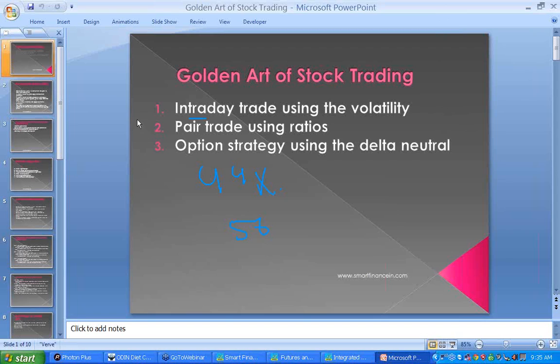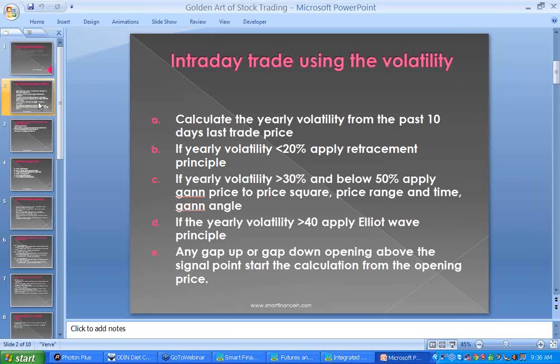And those who are in the 44% segment, I am pretty sure those people will definitely be following some method. So I am going to introduce one method called the volatility method. I have already told all of you earlier also how this method works out. We used to take the volatility from the past 10 days data. We used to calculate the yearly volatility from past 10 days data.